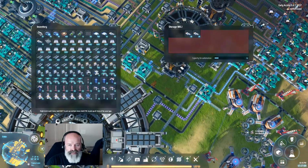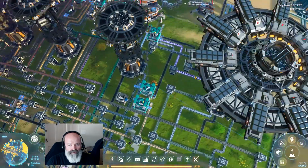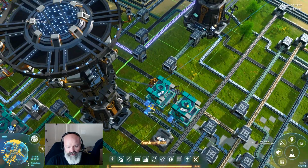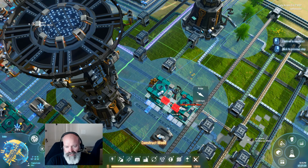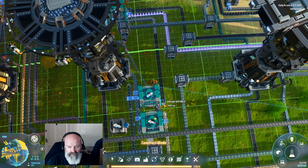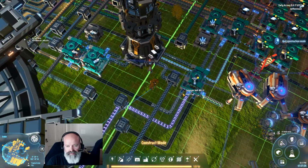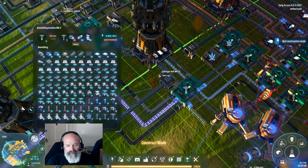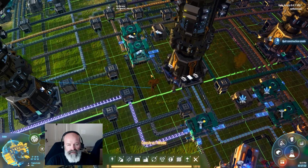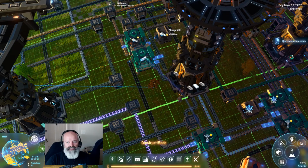Yes, logistics vessels right here. Wow, we're not making any more. We need to turn that back on because we totally need more of those. So let's move. Put this into here. Collide. Oh, it's already doing it. Why is it not? Is it still trying to fill this up? Oh, it's almost done though. So that's good. It's almost done with the thrusters, and then once it backs up, it'll start making us more of these